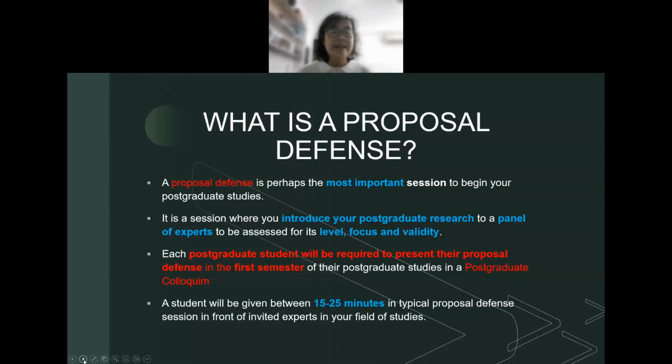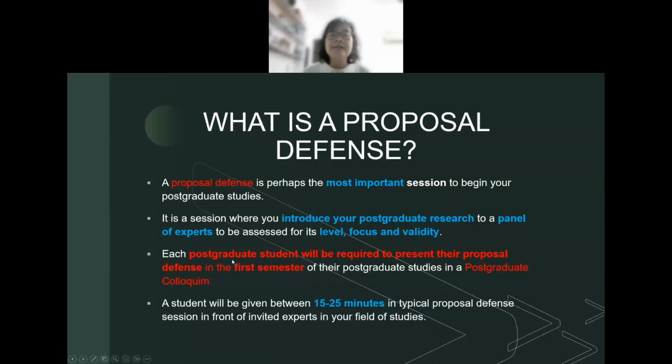It means you cannot just send a PowerPoint form of slides and ask us to read it. There's no such thing. So if any of you have problems with the language, please back up. Please learn how to present in English. English is a must. If you cannot present, then you will definitely have problems. So you will be assessed on your presentation and your proposal defense.